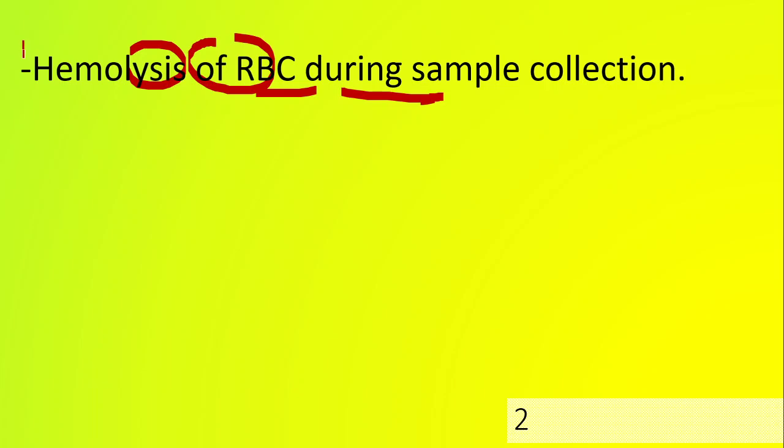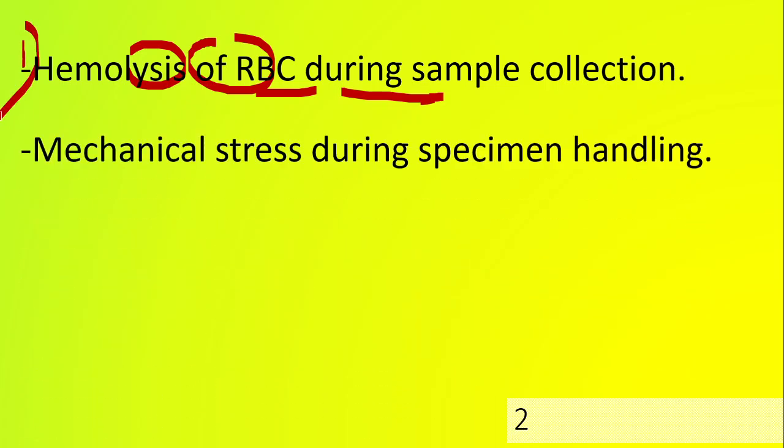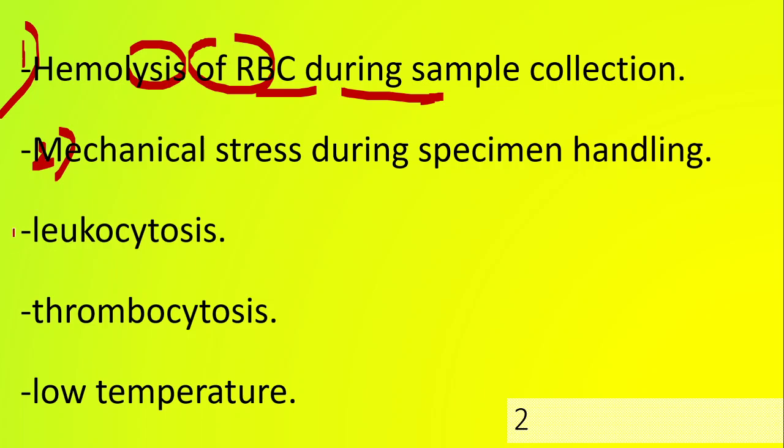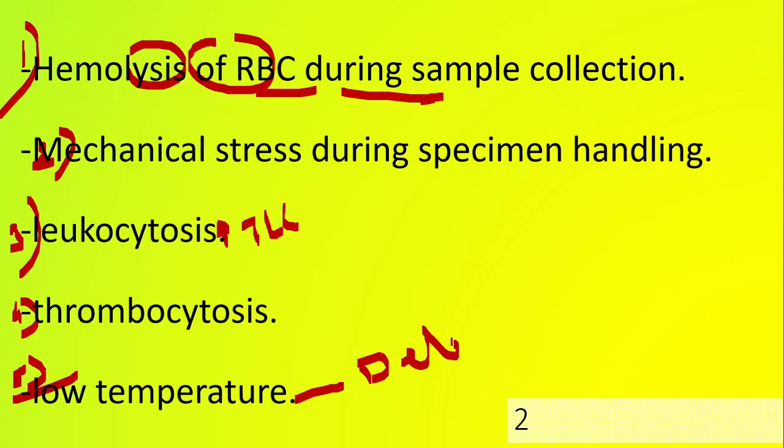So the first reason for pseudohyperkalemia is hemolysis. Again, mechanical stress during specimen handling leads to hemolysis and causes this. Other common causes are leukocytosis. Because of the high DLC, membranes will be very fragile, which leads to potassium leakage and causes hyperkalemia. Same with thrombocytosis. Another common scenario in winter is low temperature or a delay in processing the